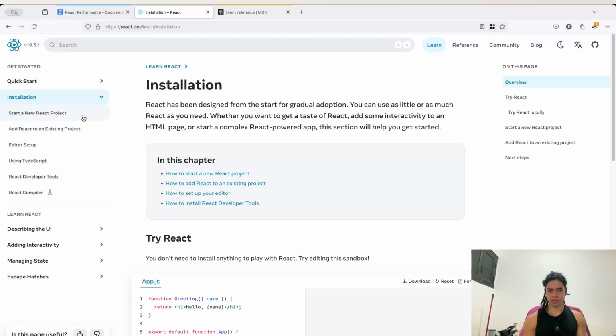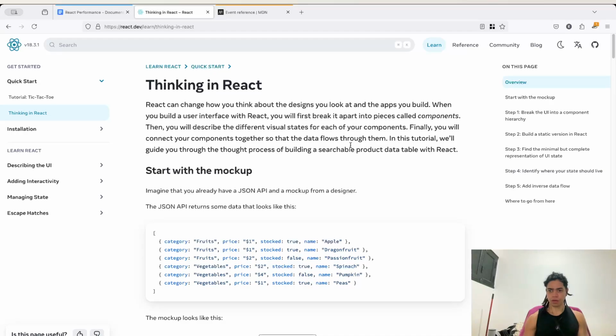Then you are going to connect those states. Then you're going to identify where those states should live in your components, okay, because they will be the source of truth. And remember that, because most of the time mocking requires a lot of typing and less thinking, whereas adding interactivity requires a lot of thinking and less typing. So when you define the minimal but complete representation of your UI state, now it is time to identify which component owns that state, and therefore add the inverse